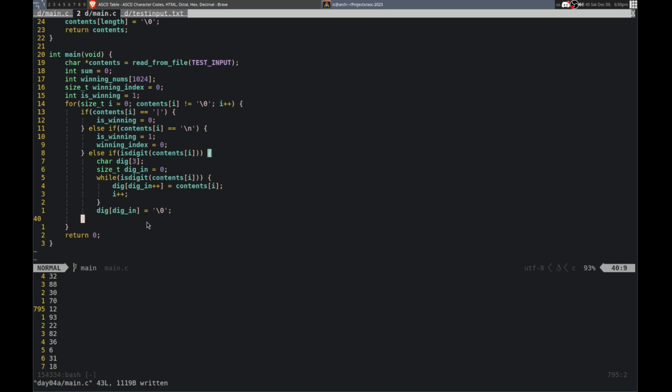Okay, and then we want to use the numbers as digits, and then we can figure out what the winning numbers are. So basically what we can do is if is winning, this would be true by default, then we just want to append it to the winning nums. Winning index plus equals a toi dig. Alright, and then